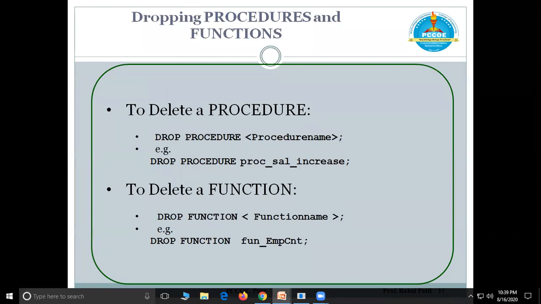If you want to delete a procedure or function which is already created, you can use the drop command. Write drop procedure name, or to delete a function write drop function name, an example of which is also given here. So like this you can delete procedures and functions.